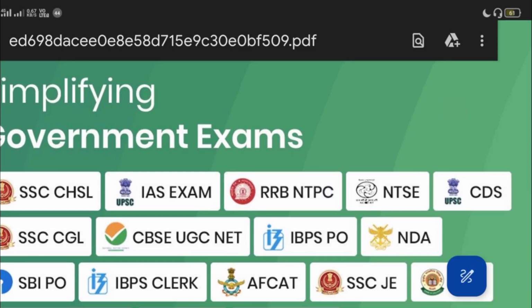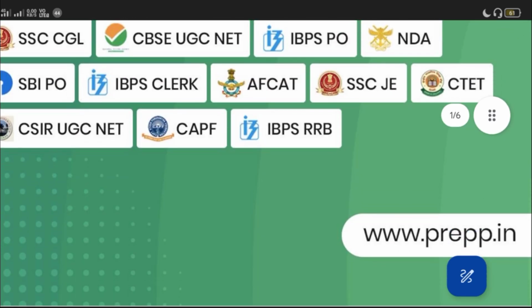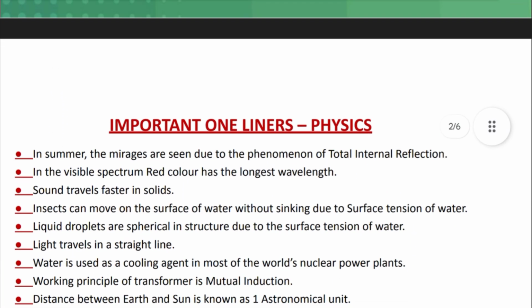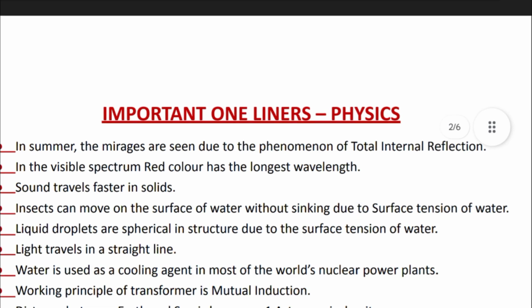ये जो पीडीएफ है ये इम्पॉर्टेंट है कुछ गवर्नमेंट एग्ज़ाम के लिए, जैसे सीडीएस, एनडीए, एसएससी, सीएचएसएल, सीजीएल, आईएएस एग्ज़ाम और यूपी पुलिस के लिए। अब इसमें हम फिज़िक्स के बारे में देखेंगे। इम्पॉर्टेंट वन लाइनर फिज़िक्स जो हैं। पहला